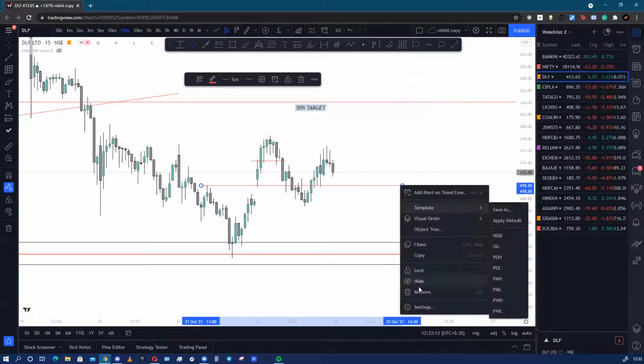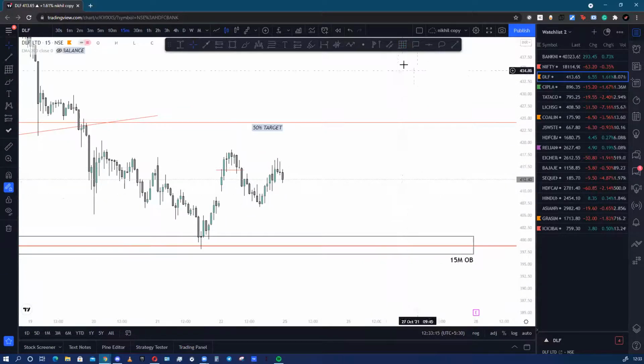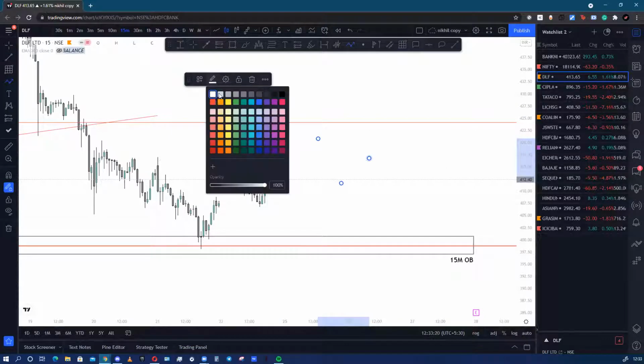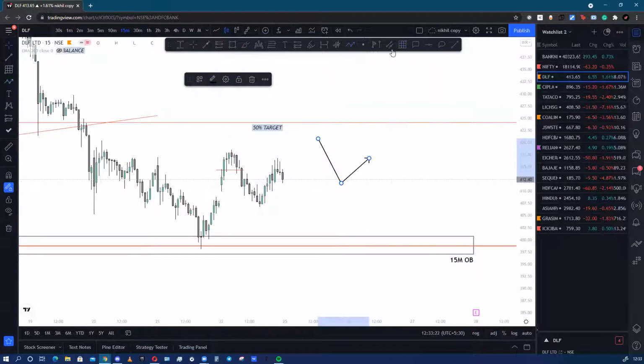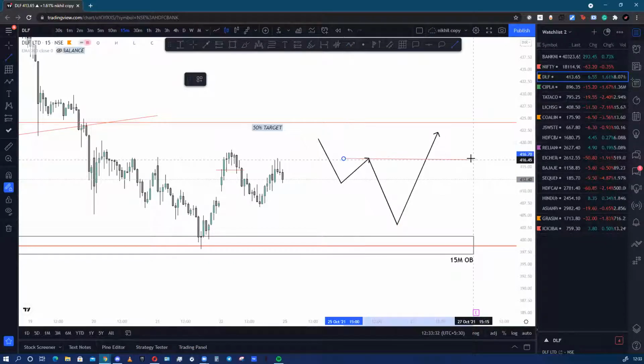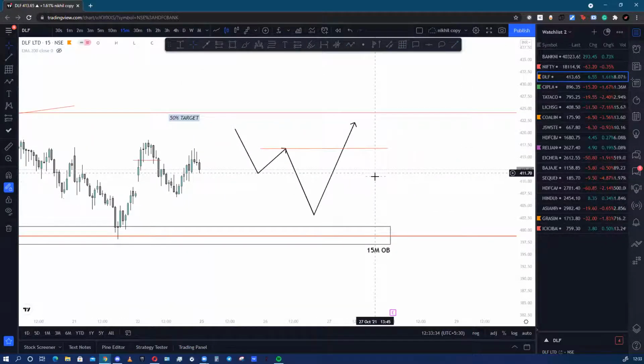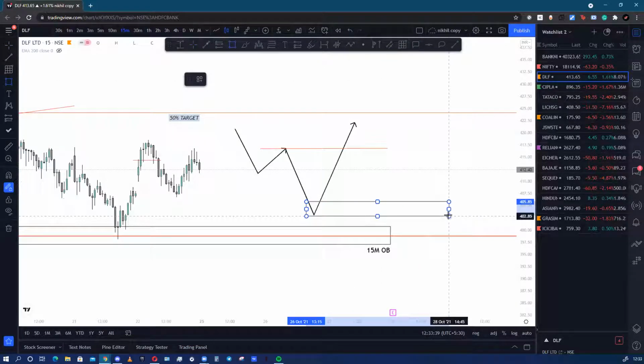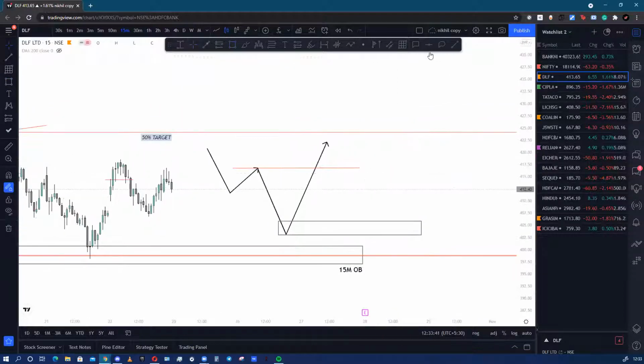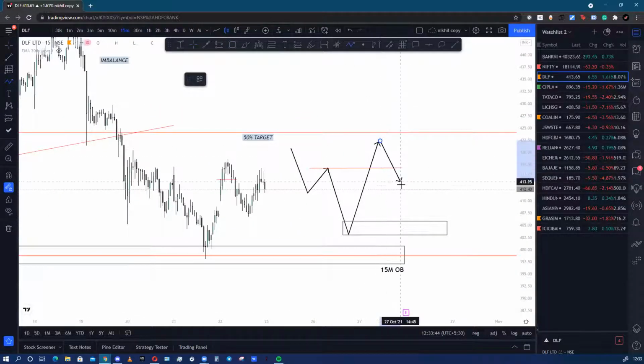Okay, I will show you in a rough diagram. Stock was in a downtrend, took a support and then broke this previous high. Okay, that means it broke that structure. All right, and there are two possibilities. Either it will come back to its order block level here, or it simply takes support at this price and then goes.